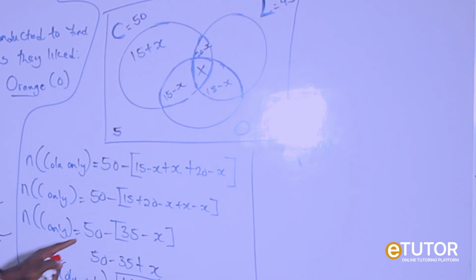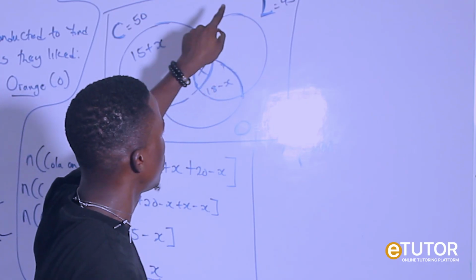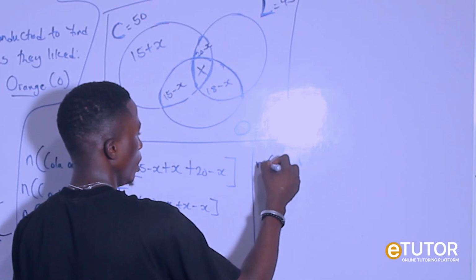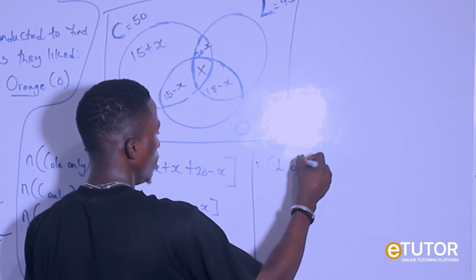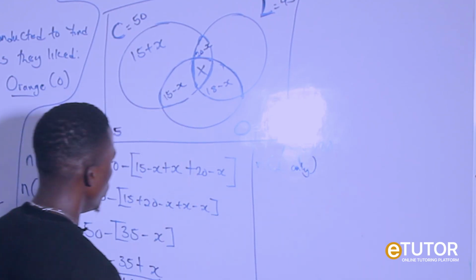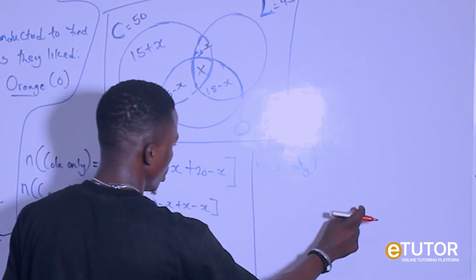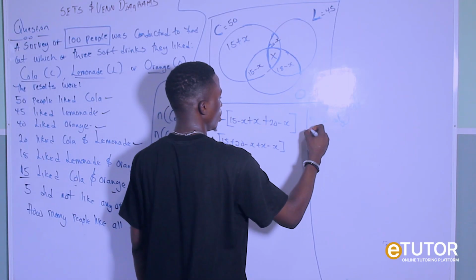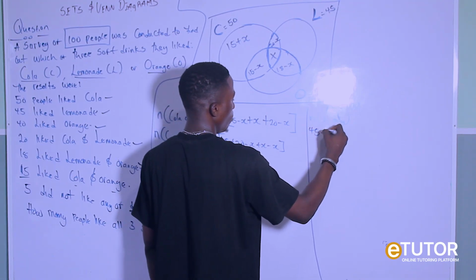So we have to find the number of people that liked lemonade only. So that will be my n(L only). The same thing you did here, you're going to repeat that same step here, but with different values. People that liked lemonade were 45, so that's 45 minus,